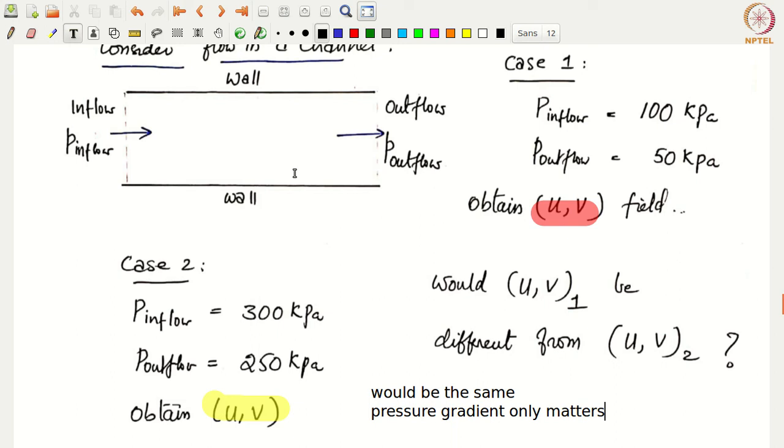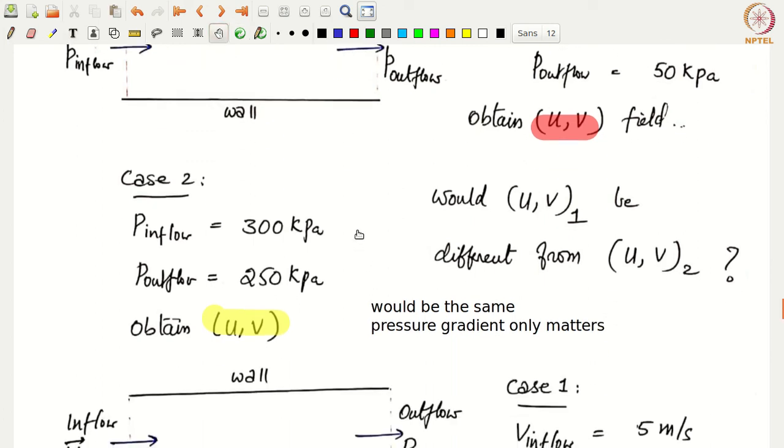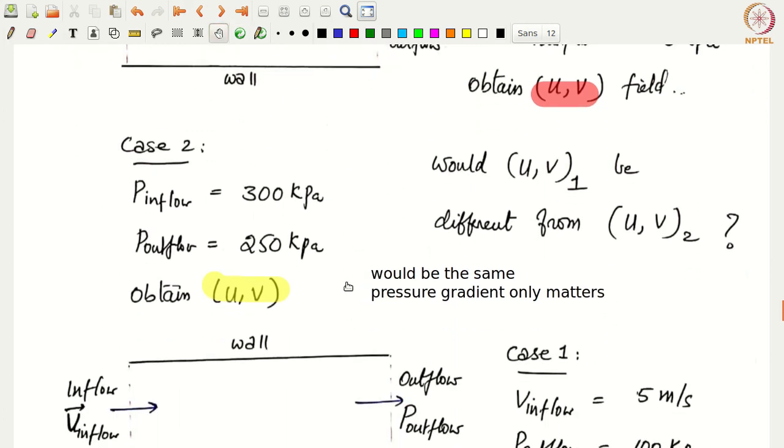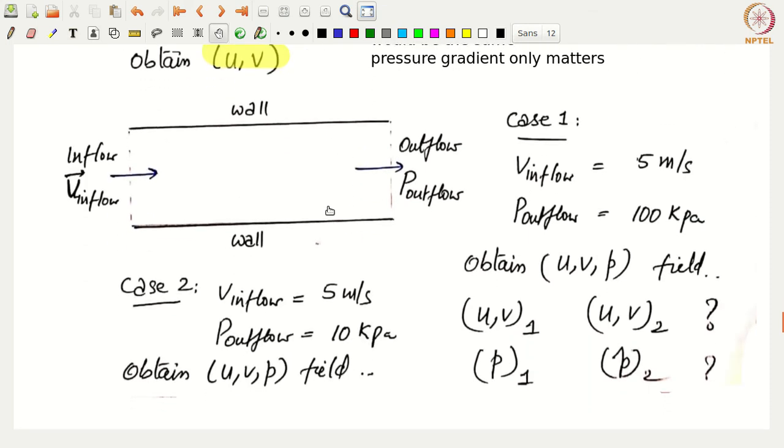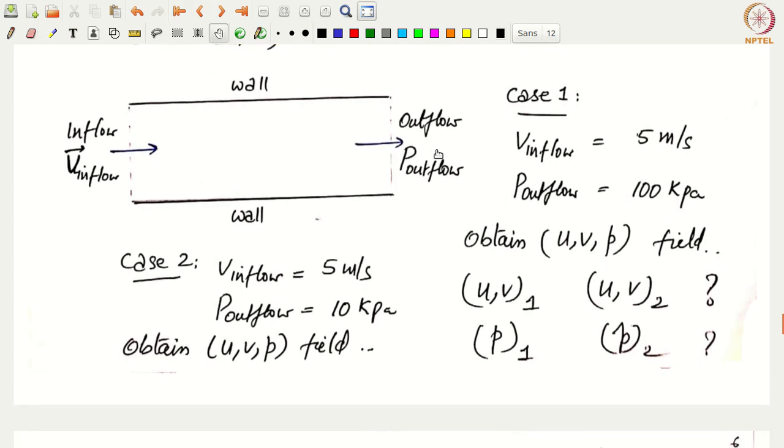As long as you have the same pressure difference over the same length, then you will get the same velocity field, okay. That is something to know about, which is also the same as what we have discussed before in the previous problem. Now what about if you take another case where instead of having both pressure inlet and pressure outlet, we maintain a pressure outlet, whereas we maintain a velocity inlet. So we provide V bar or U bar at inflow, and we provide a pressure at the outflow.